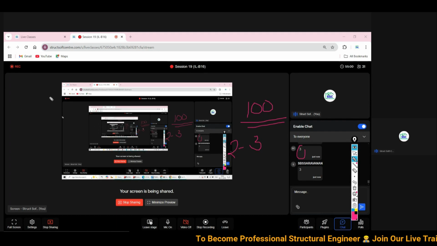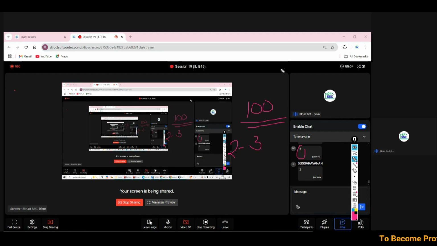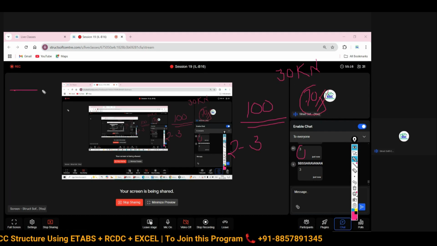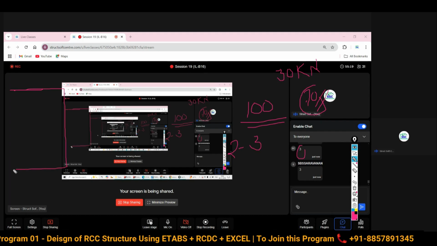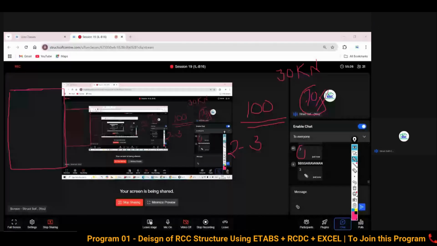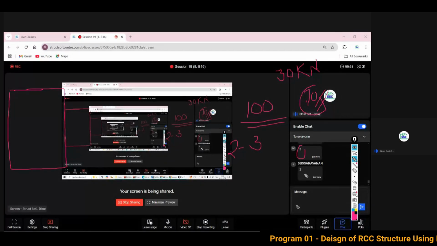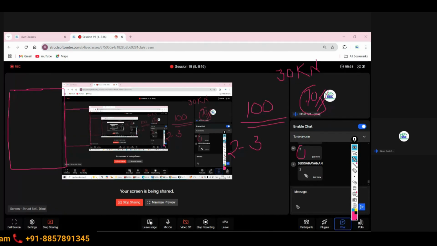So with this, the actual capacity is 100, but while designing it asks us to consider only about 30 kilonewton. The remaining 70 kilonewton you are going to ignore on the conservative side. So obviously about three times the section size will be required. In the working stress method, the structure is designed as a very massive structure with very large section sizes. So to some extent, serviceability is going to be in control.